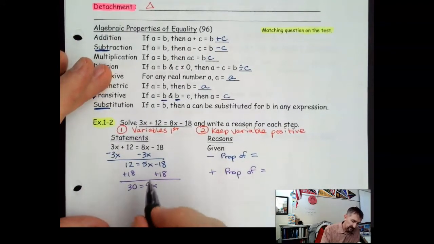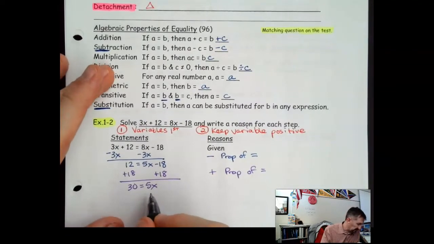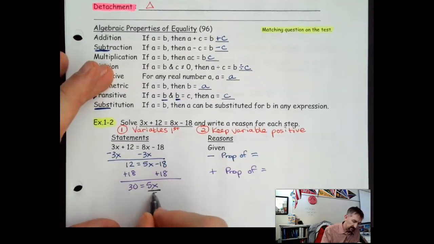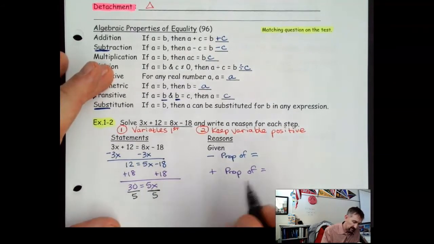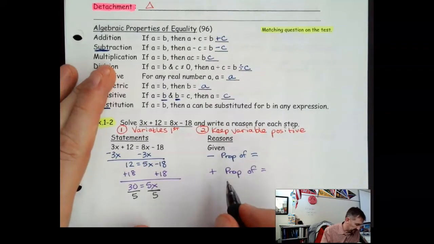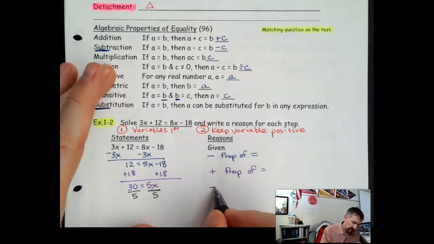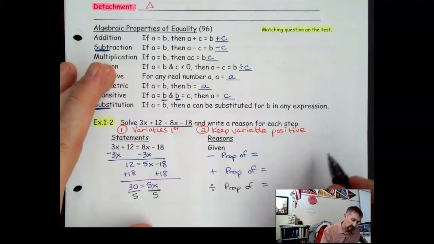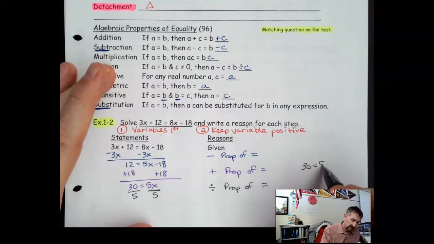Our final step here is, you could say divide by 5, or you could say multiply by 1/5. Either way, I think most of you would prefer to just say divide by 5, so we'll do that. So that's the division property of equality. We also could have said times 1/5,